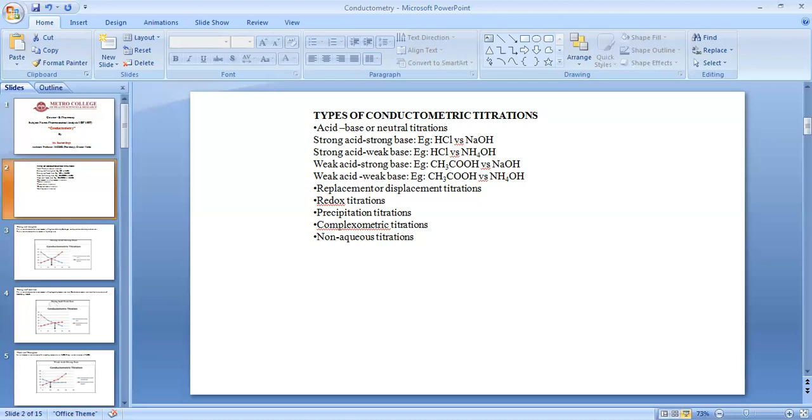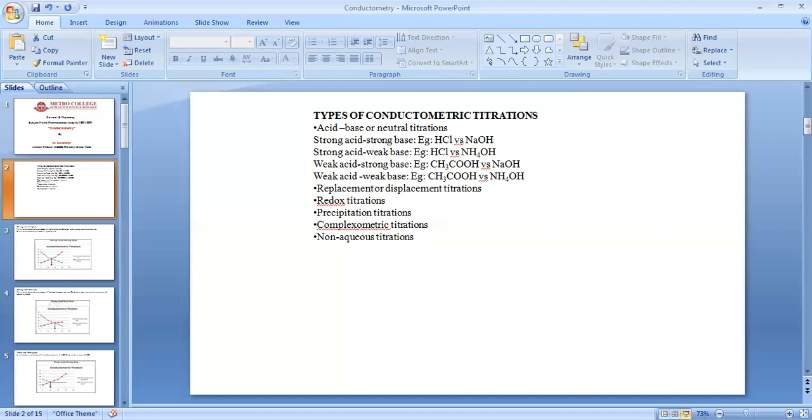We talk about the redox titration. In this, there is a decrease in the hydrogen ion concentration, which shows a decrease in the conductivity when it reaches the end point. Okay, we can learn this by an example, that is ferrous ion with dichromate ion. When this ferrous ion is titrated against dichromate ions, it forms ferric ions and two chromium ions, and 7 molecules of water. So the hydrogen ion shows a sharp decrease in the conductivity, and when it reaches the equivalence point, there is addition of excess amount of the titrant, which shows stability in the conductivity,